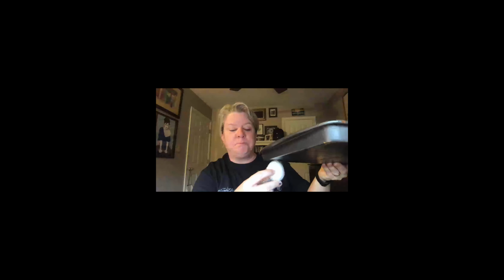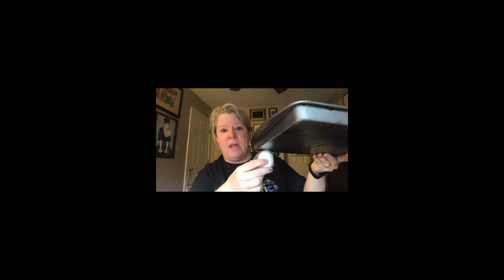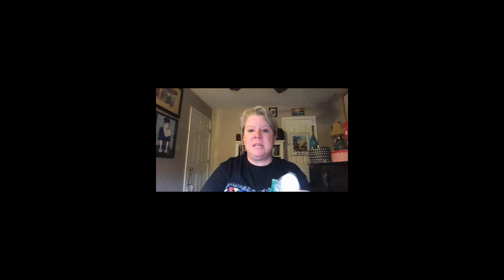Now, again, you may have to get some more supports for your other sides to be the same height so it's not wobbly or whatever. Legos work really great. So you just put your egg up to have your kiddos change the position of the egg from the side to up and down, have them draw a picture, and then you stack the books. And again, what's happening here is